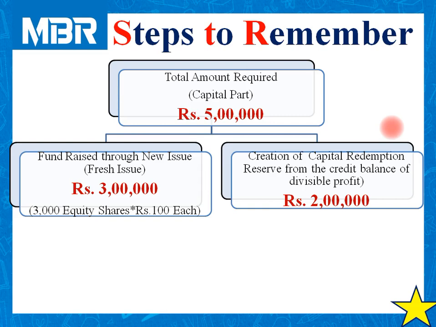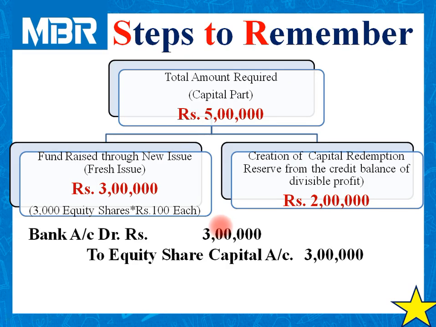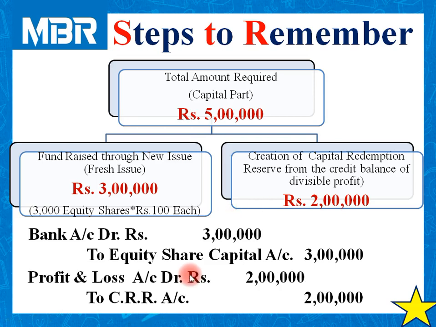Second source of collection of fund, that is creation of capital redemption reserve, that is CRR. We have already discussed these provisions at the time of discussion of the provisions of section 80. But let us put this provision into practice. General reserve account debited, or any other reserve as per the information given to us, to CRR, capital redemption reserve account. Now,